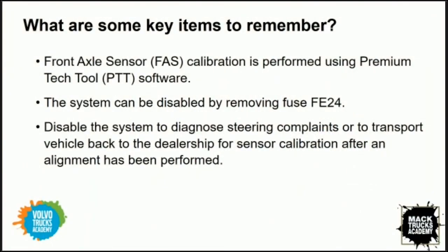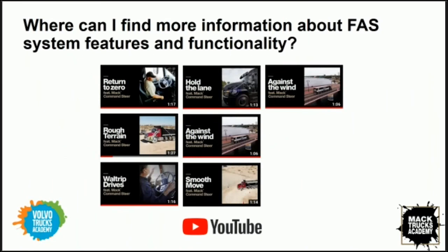Lastly, I just want to draw everyone's attention to the fact that there are some amazing videos that have been put together by our sales and marketing organizations for each respective brand. If you go out to the YouTube channels and do a basic search for Mac Command Steer, you will be presented with some amazing video content that really shows the system in operation with a driver in the truck, and highlights the driver experience. These videos are a tremendous resource for understanding exactly what the system is capable of and how it functions. I know today we dug into more of the technical, what goes on behind the scenes,